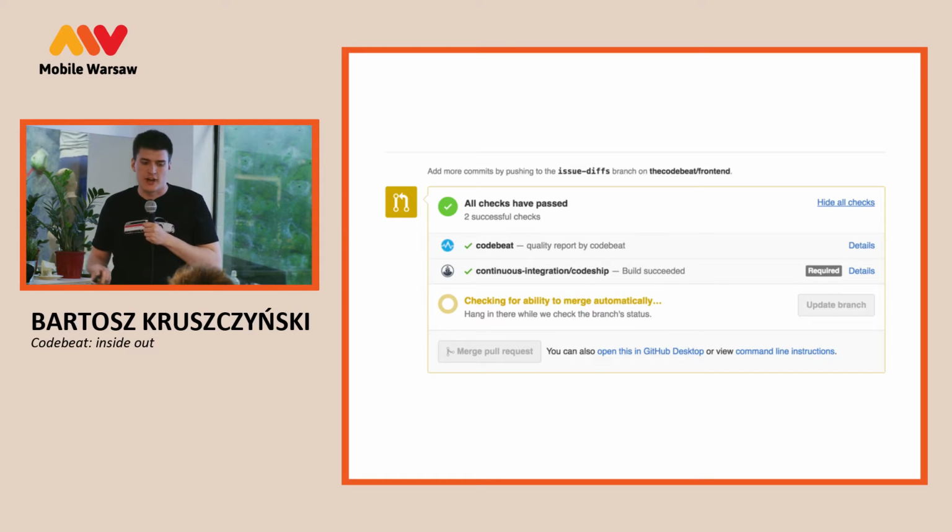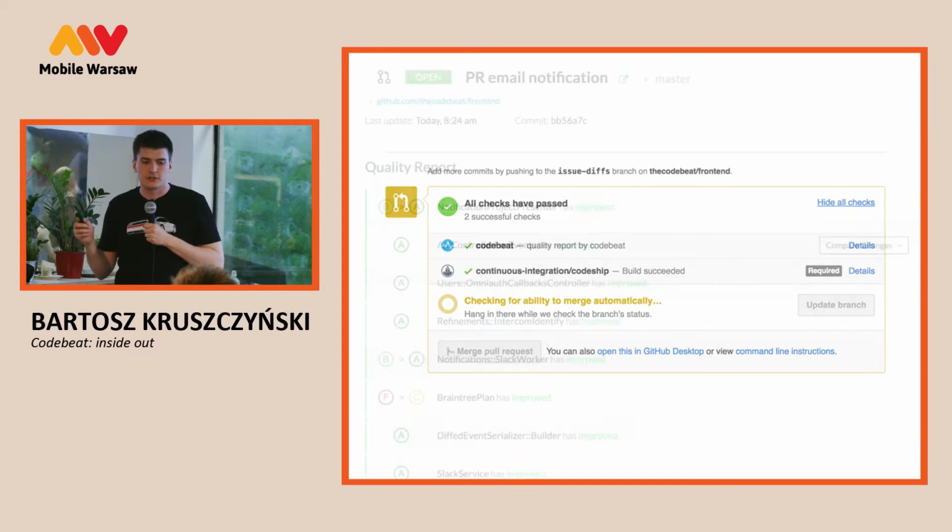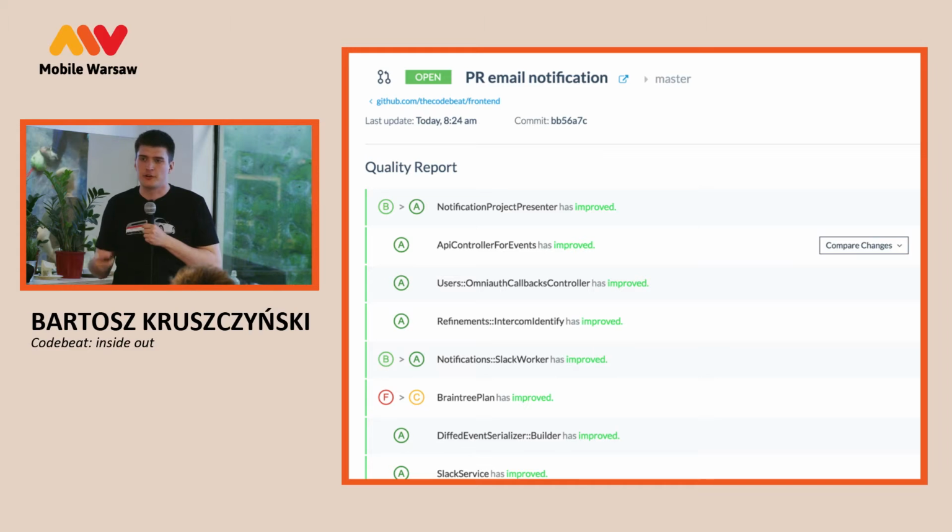Currently, only we have access because we are testing it out. When you click on the details link, you will see a report for this particular pull request. It's a coincidence that everything has improved in this one; that's not planned at all. But you will see that if the changes you want to merge into master, or whatever the default branch is, are bad or good for your code, or how the grades have changed, we will be showing detailed